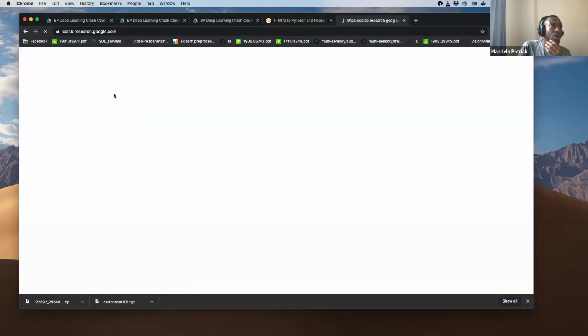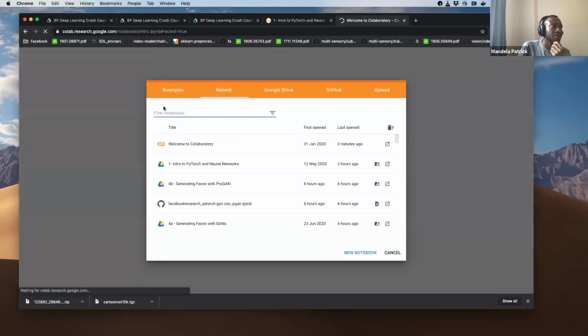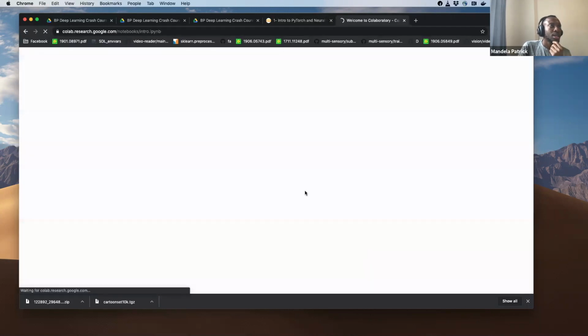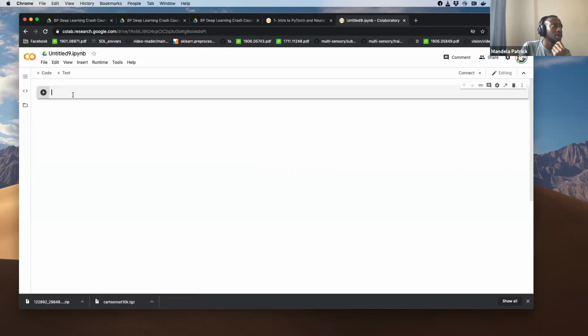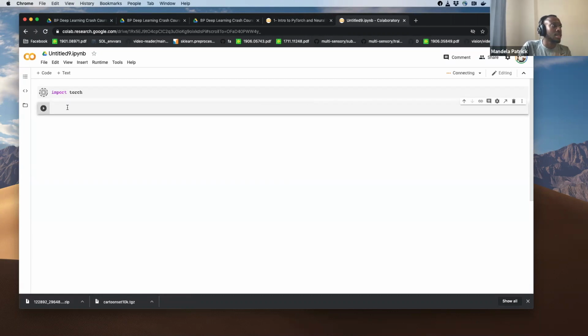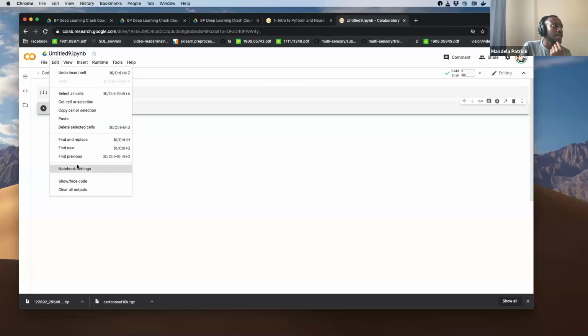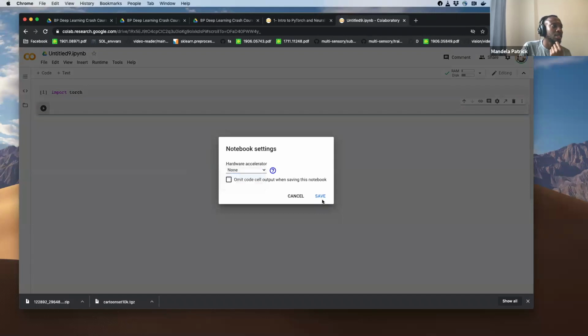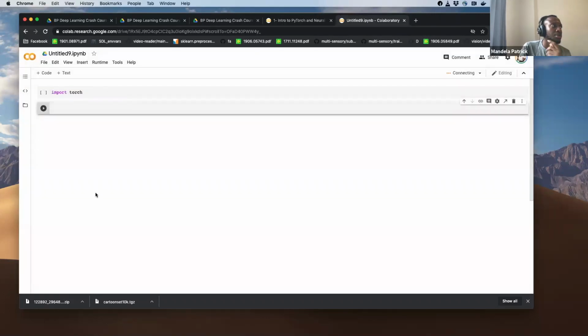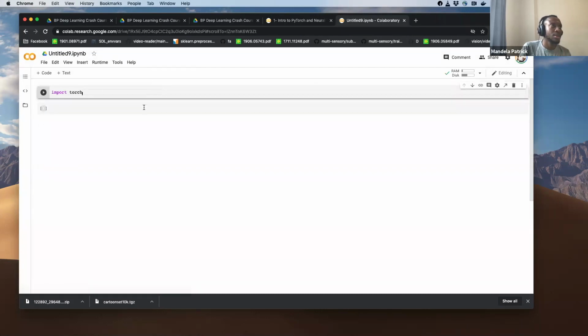Once you have a Gmail account, it's pretty trivial. You just do new notebook, you could name it, you could import Torch, and it should work. Then you could make it support GPU, and it will restart. It's connecting again, and once it has reconnected, you could run it again.